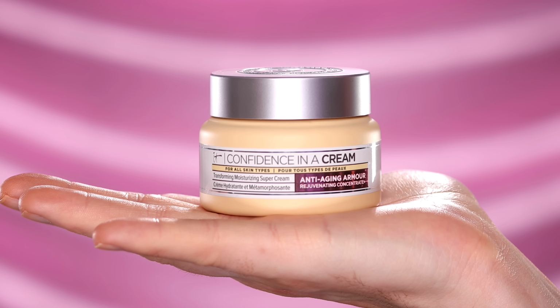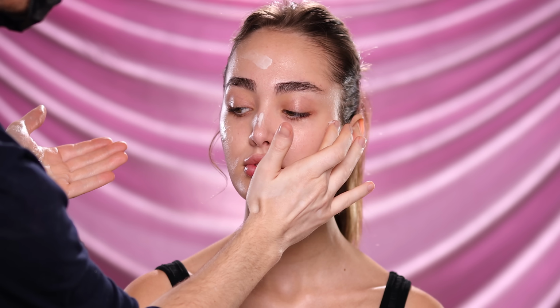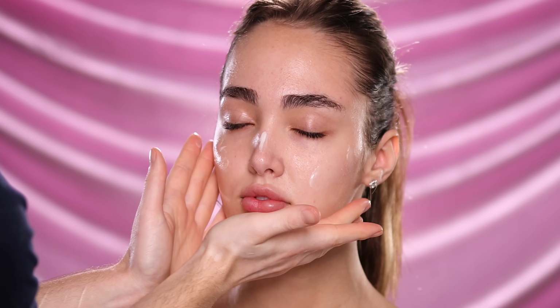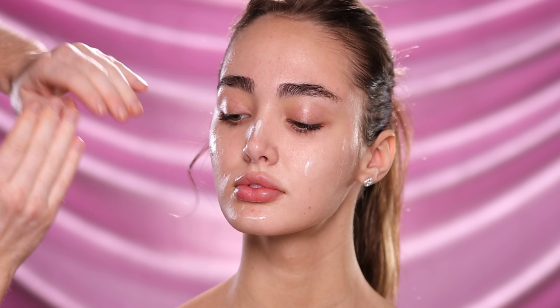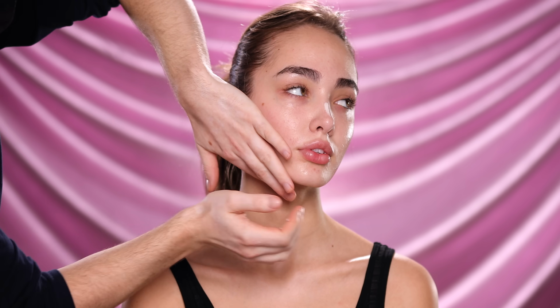So to begin, I'm using the IT Cosmetics Confidence in a Cream Moisturizer to prep our model's skin. Fun fact about this is that this is the first product I ever purchased years ago from IT Cosmetics. And now it's the #1 anti-aging cream in America. Not that it's #1 because of me. That came out wrong. I'm just saying that it's become, over the years since I've purchased it, the #1 anti-aging